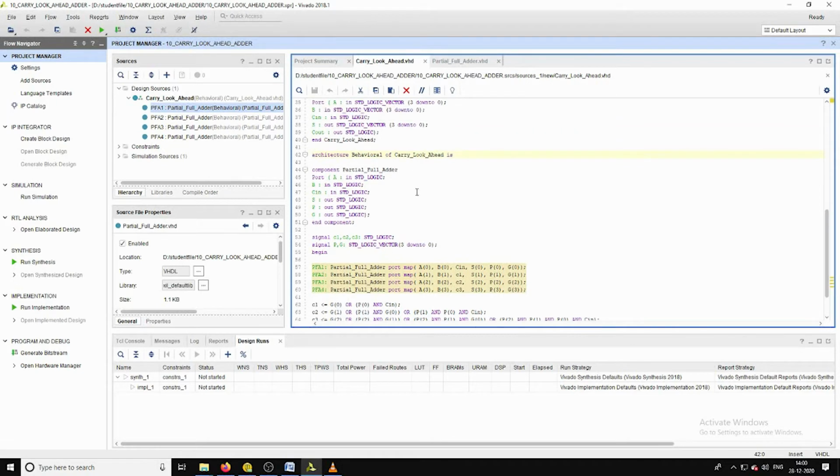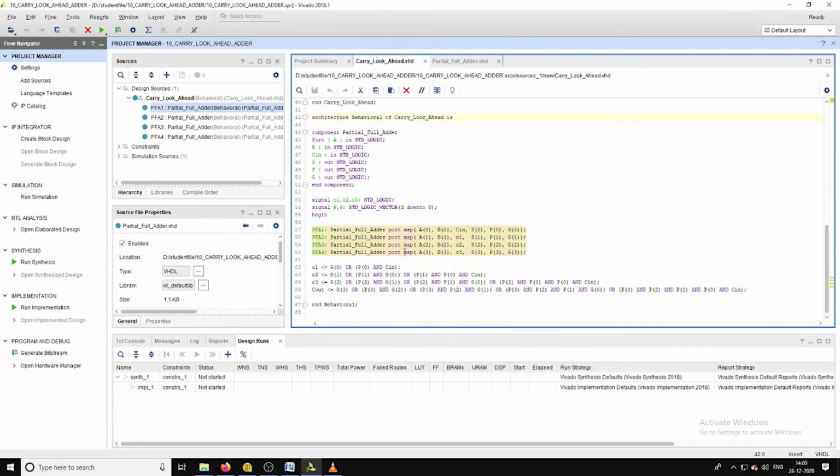Because we are considering the 4-bit inputs A and B, it is going to have 4 full adders, and for those full adders we are defining this partial full adder as the internal module, which will take the inputs of the particular full adders, assigned signals of A, B and carry signal, and will generate the outputs of sum, propagate and generate signals.